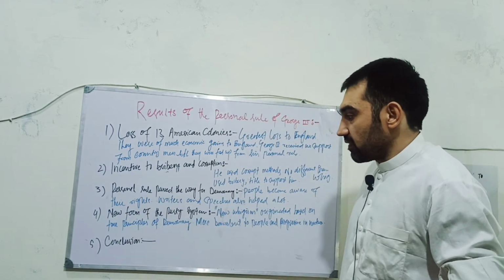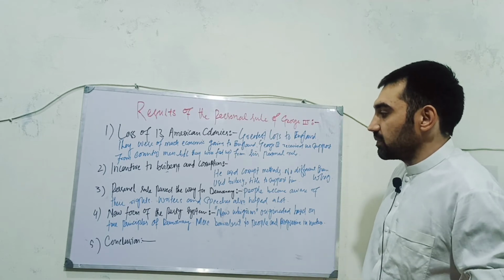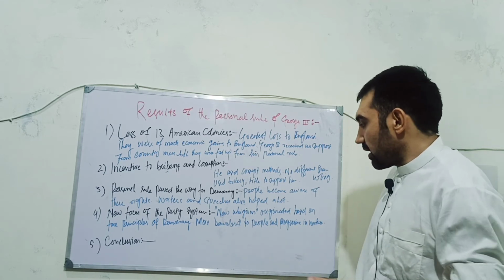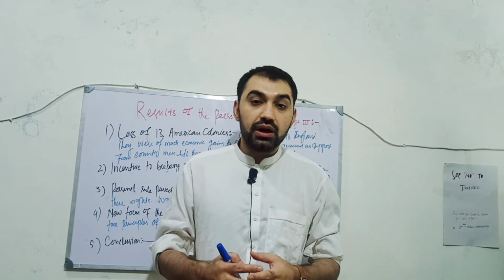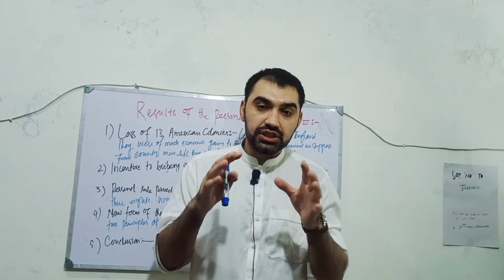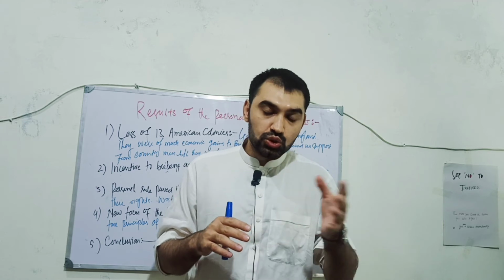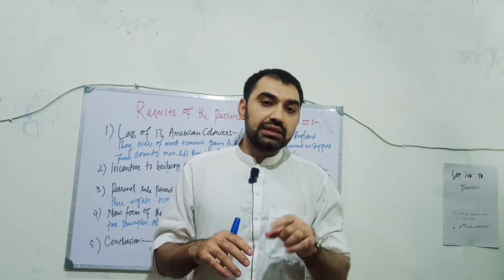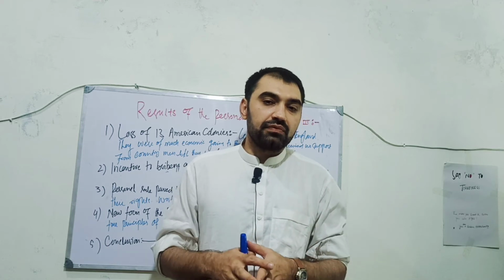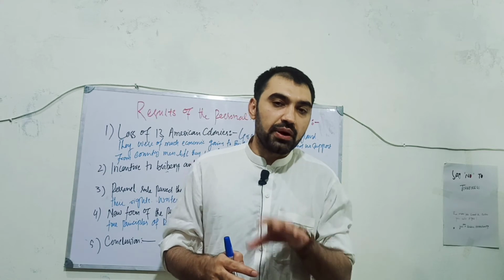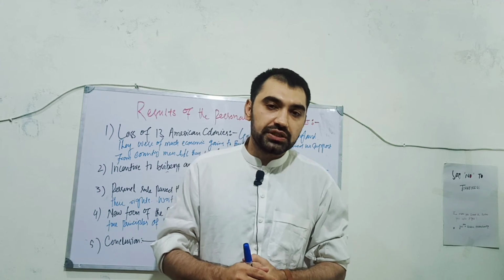The fourth important result: a new form of the party system arose. Earlier, the Whig Party was in power. Even George III would not like the Whig Party, but due to Walpole, and the wife of the king having some kind of soft corner for Walpole, the Whig party remained in power even in the reign of George III.